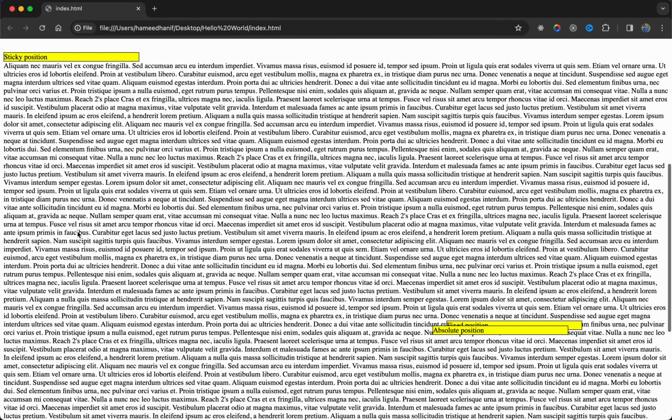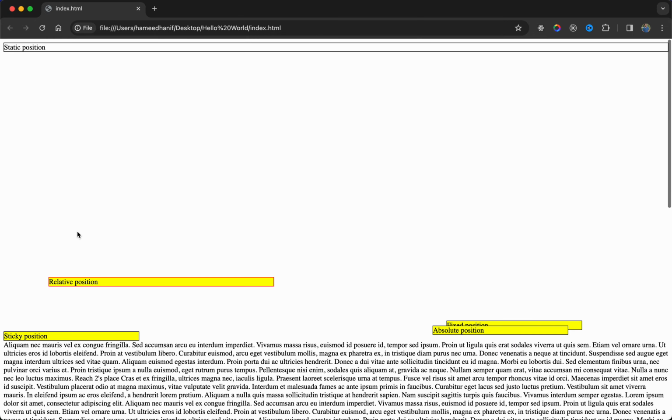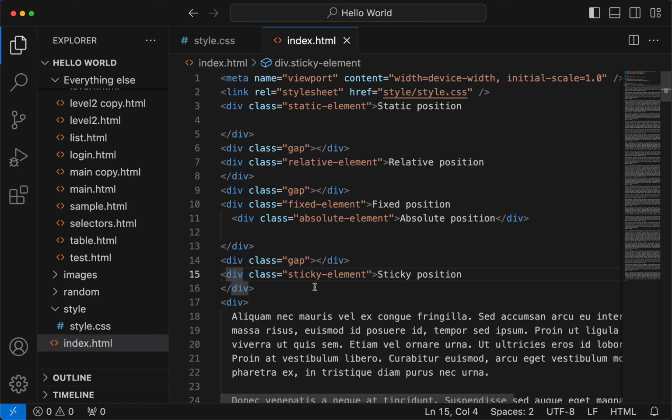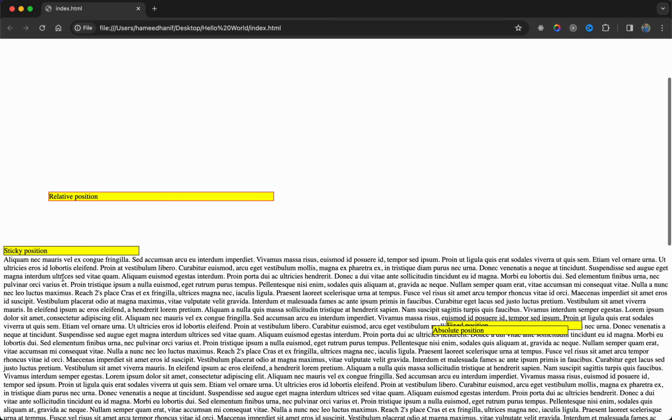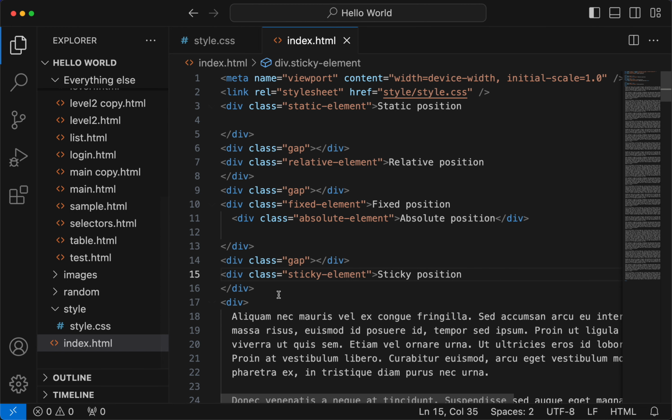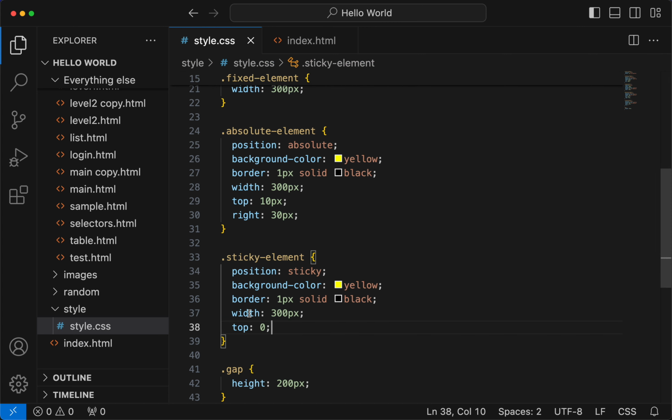See what happens when we scroll. So sticky stays with the flow. So this is the flow, right? First we have this element, and then these elements, and then we have the sticky position. So that's the flow. But when you keep scrolling and it finds this top,